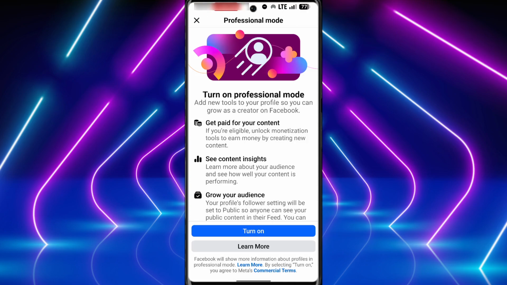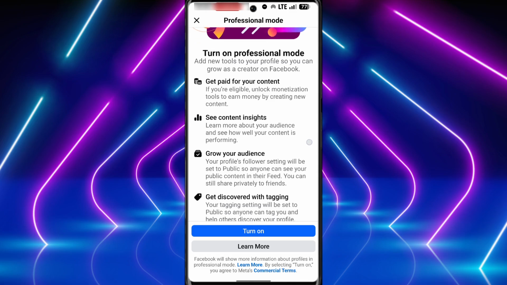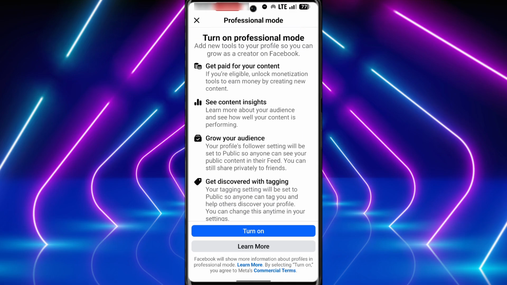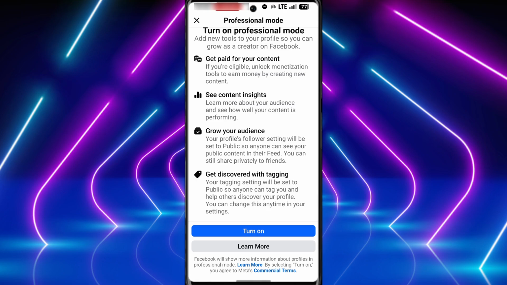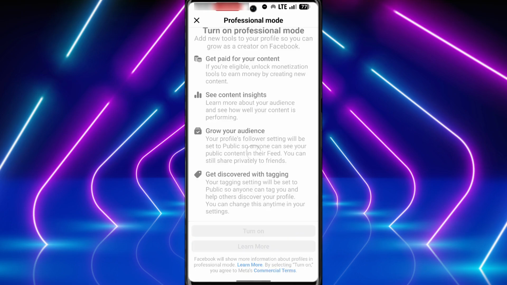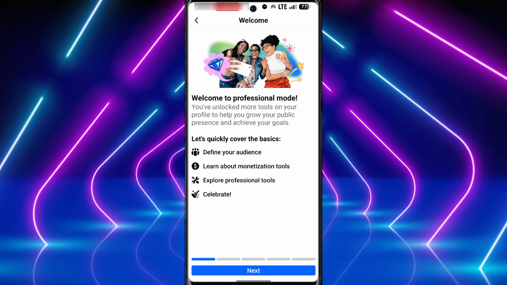Now tap on turn on professional mode, and some of the benefits you get with professional mode is you get paid for your content. You get to see content insights like analytics, grow your audience, and get discovered with tagging. Tap on turn on, and this will enable the professional mode. Tap on next